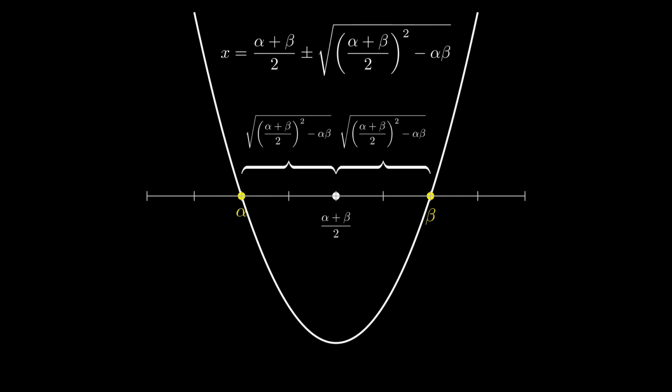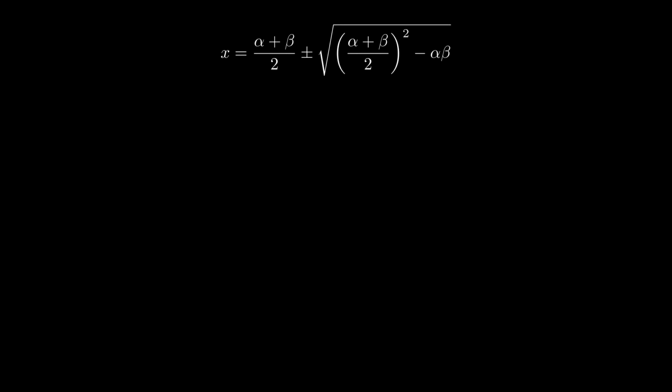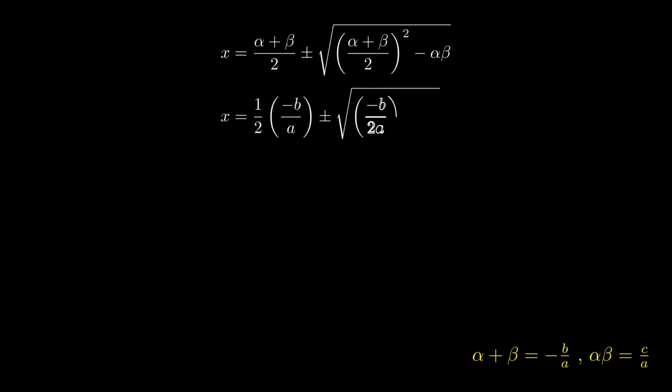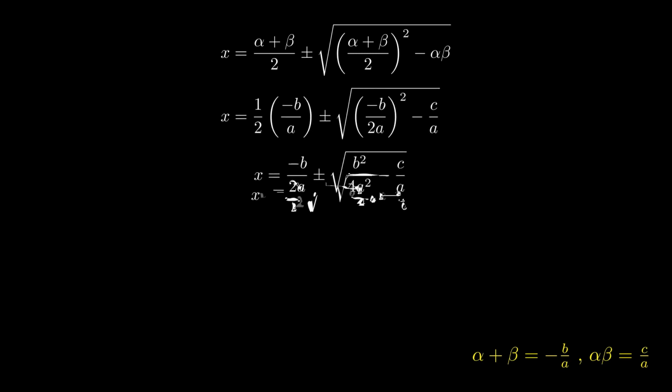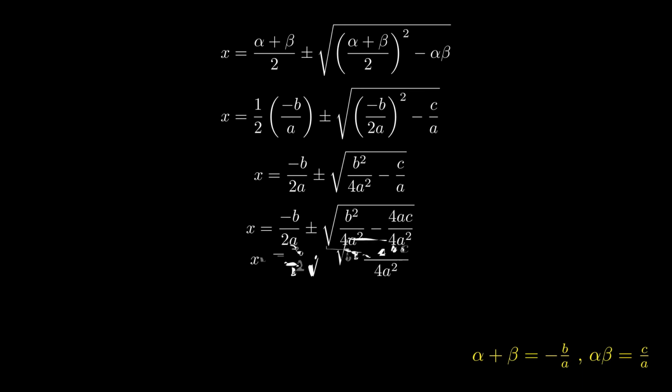Remember at the start of the video, our first aim was to visualize the quadratic formula? Well, we've already done that, but we still need a little bit of rearrangement. In our last video, we have shown that the sum of the roots is equal to negative b over a, and the product of the roots is c over a. Putting these values in and simplifying the expression gives the familiar quadratic formula. Pause the video if you want to inspect the steps.